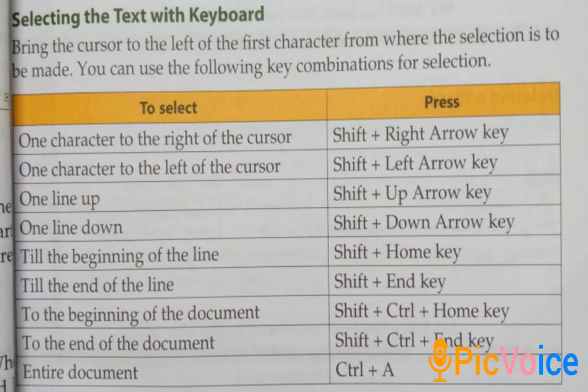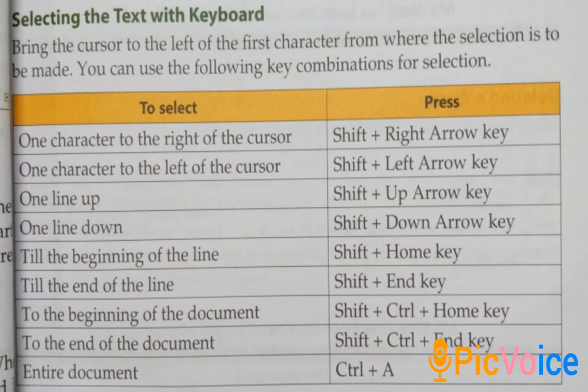Suppose we want to select a character of the text and the cursor is right of the character, then we have to press the Shift plus right arrow key, and when the cursor is left of the one character, then Shift plus left arrow key, and if we want to select one line up, then Shift plus up arrow key, and one line down, Shift plus down arrow key, and when we want to select till the beginning of the line,